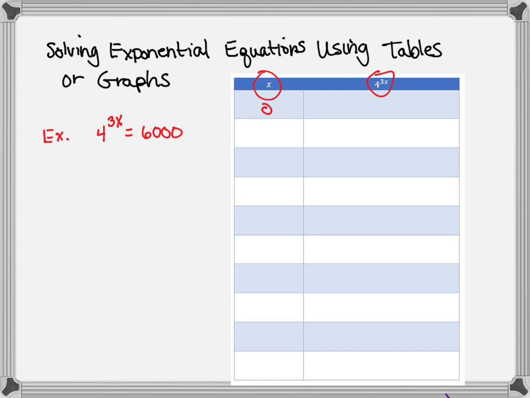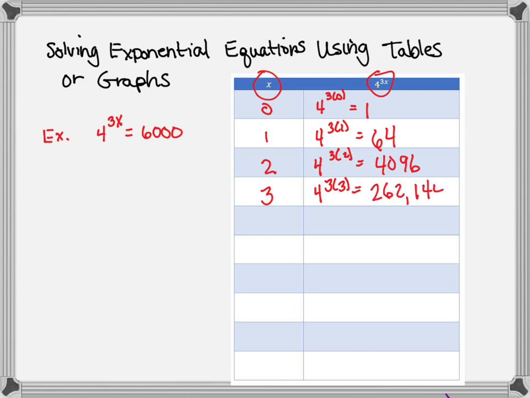Let's start with x is 0. Then 4 to the 3 times 0 power is 1. When x is 1, we get 4 to the 3 times 1 power, which is 64. When x is 2, we have 4 to the 3 times 2 power, which is 4,096. When x is 3, we have 4 to the 3 times 3 power, which equals